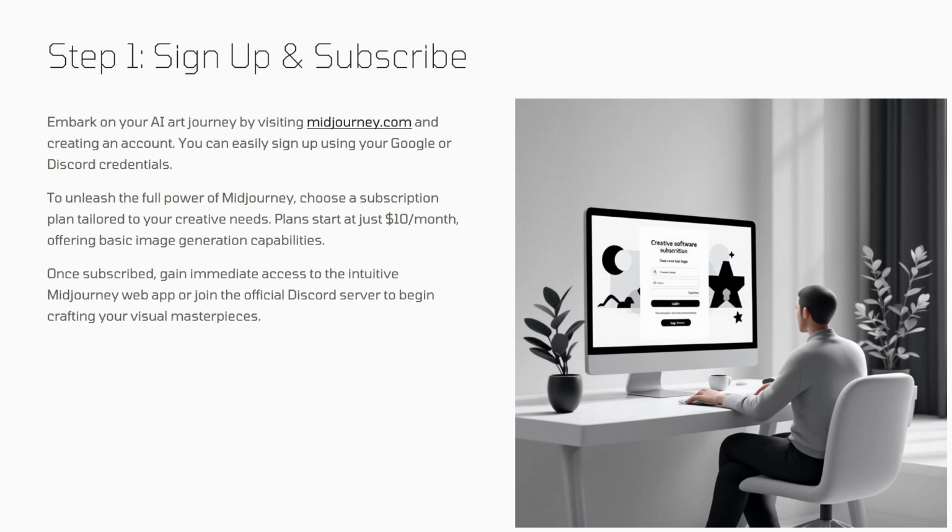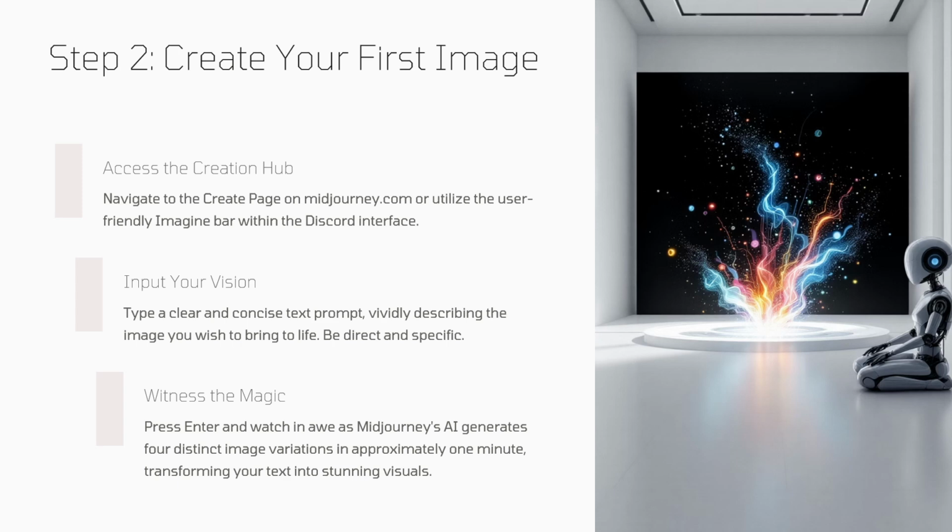Once subscribed, gain immediate access to the intuitive MidJourney web app or join the official server to begin crafting your visual masterpiece. So here, step 2 is create your first image. Access the creation hub and then import your vision. Type a clear and concise text prompt vividly describing the image you wish to bring to life. Be direct and specific. Witness the magic. Press enter and watch the AI as Midjourney generates four distinct image variations in approximately 1 minute, transforming your